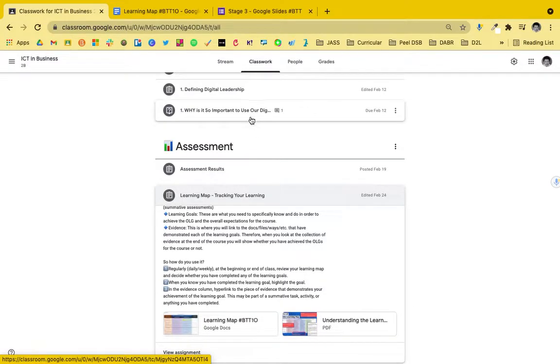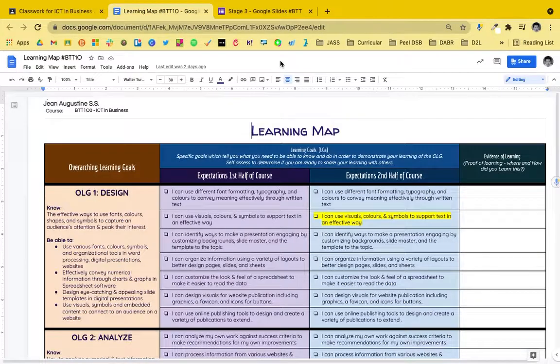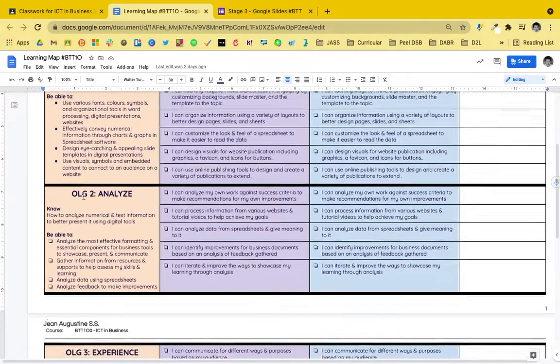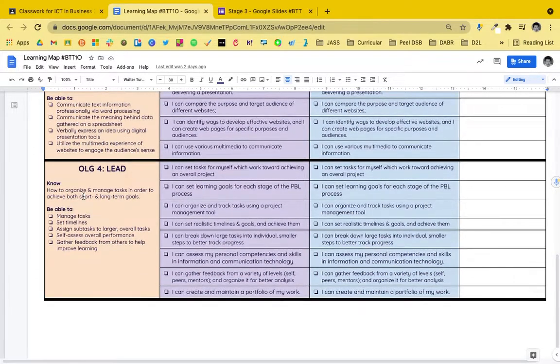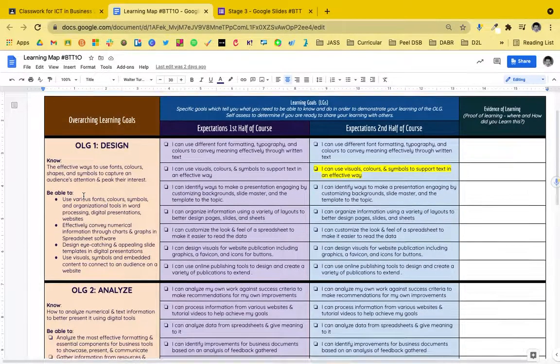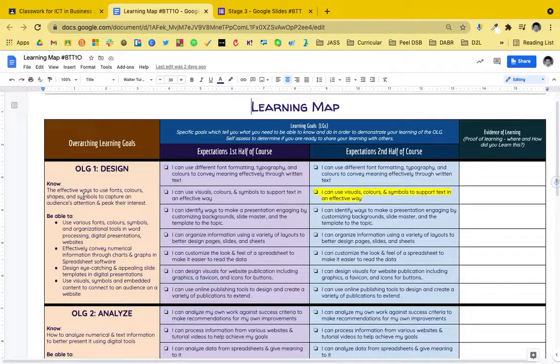And when you click on it, you'll find yourself taken to this document. This is yours. This is your learning map. Essentially, in this course, we have 4 OLGs, or overarching learning goals: design, analyze, experience, and lead. The idea with overarching learning goals is that if you take nothing else away from this course,